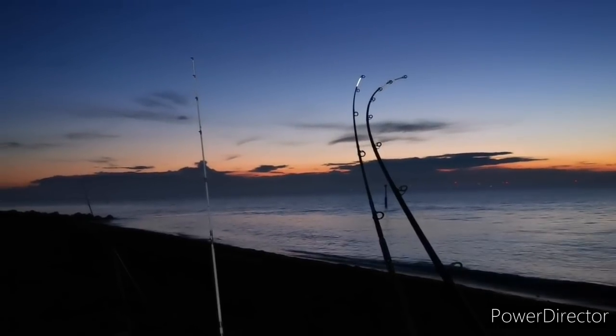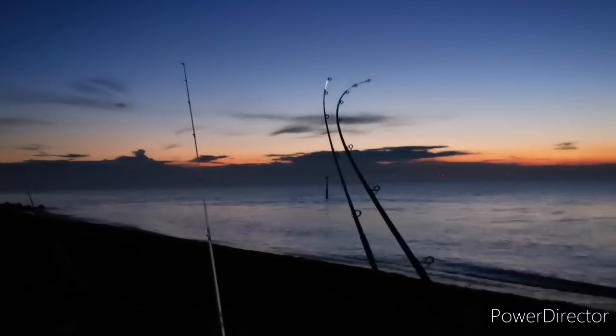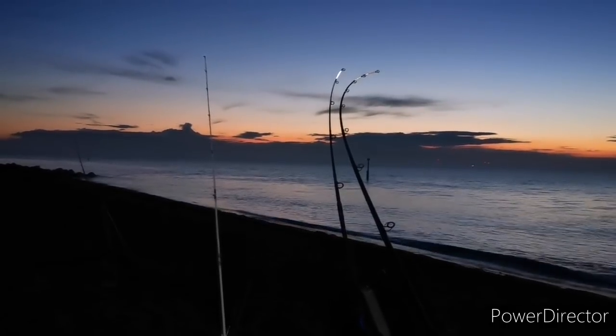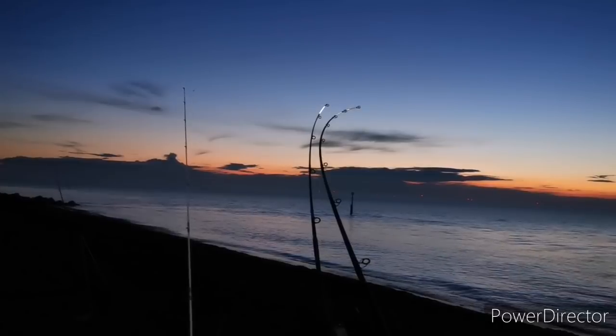I'm going to have to reel these rods in now because the weed is just getting ridiculous. This is probably going to be the end of the video because I said to Lou that while that weed's here, you're not going to catch anything. As soon as it dies off, you'll get the fish, and then the weed will come back and the fish will be gone. The weed's now clearly back, so that's probably us for the night. Mind you,